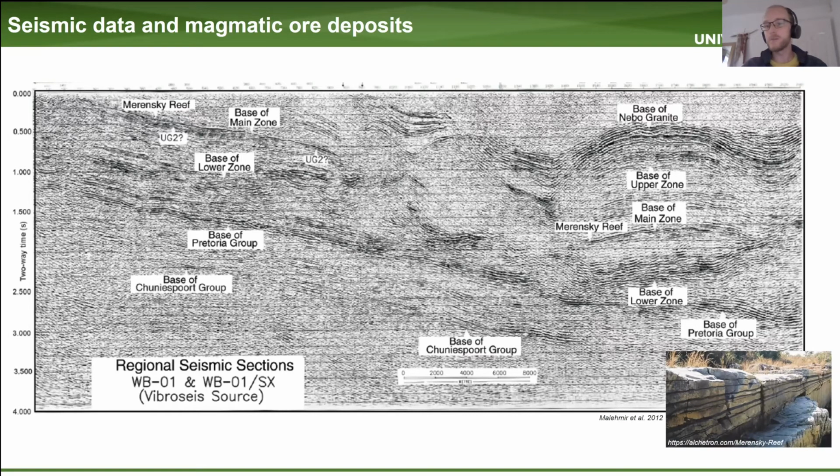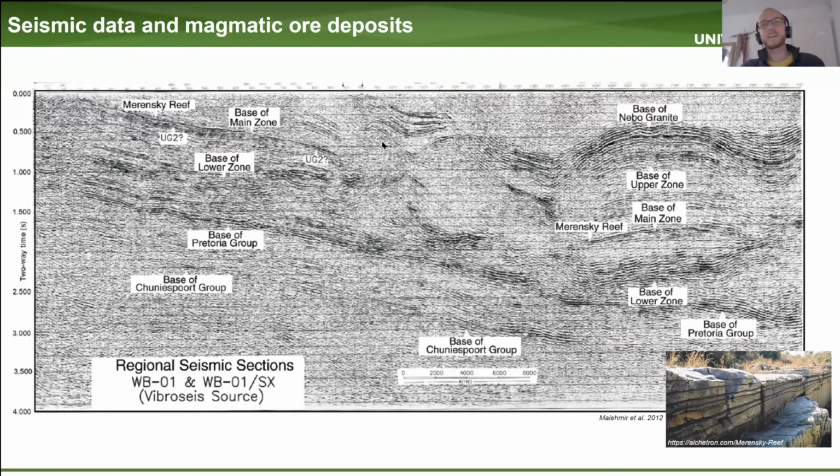This used to be one of my favourite ever seismic lines. It looks as though it's just a sedimentary basin if you don't know what any of the words mean, but actually what you're looking at here is reflectivity from some of the reefs and some of the different layers within the Bushveld, and you can just start mapping them out as to what that attitude is in the subsurface. I thought this was great, and then I came across a paper last week as I was putting this talk together, and just to build the suspense, PowerPoint's being slow here,